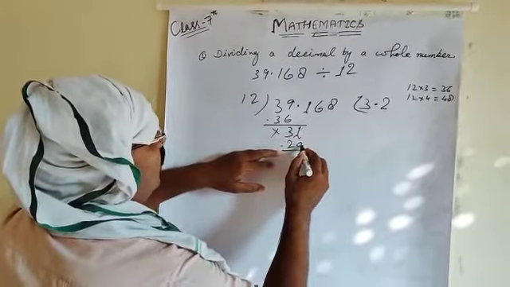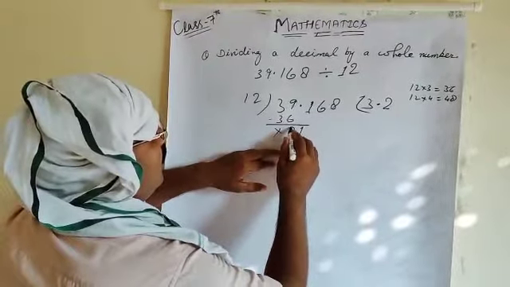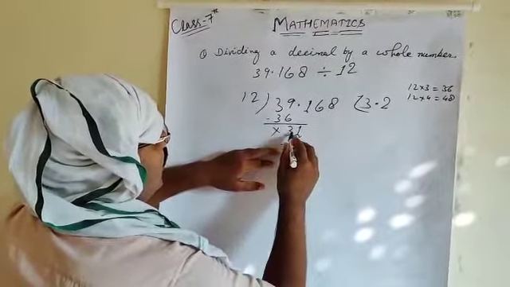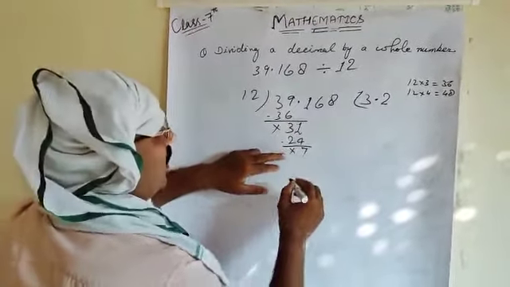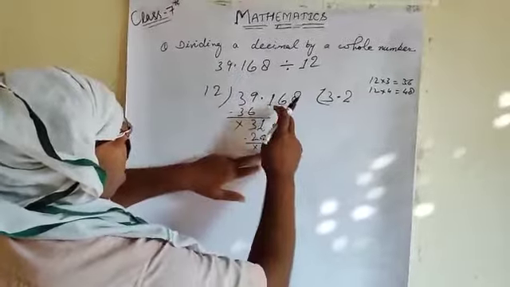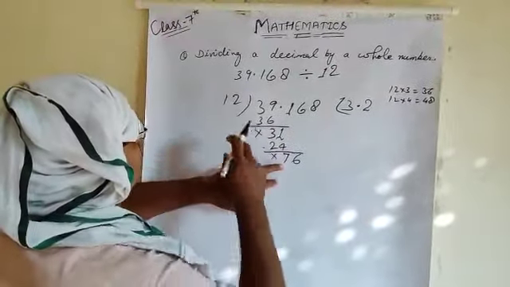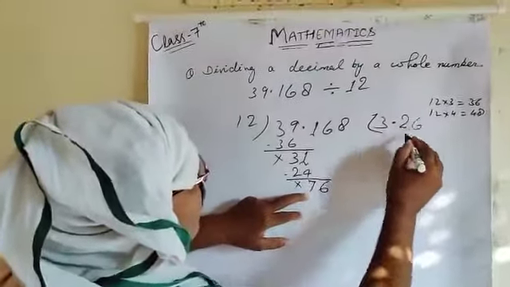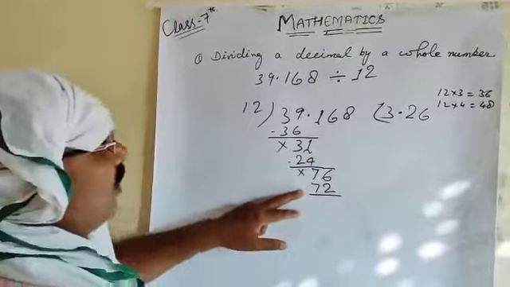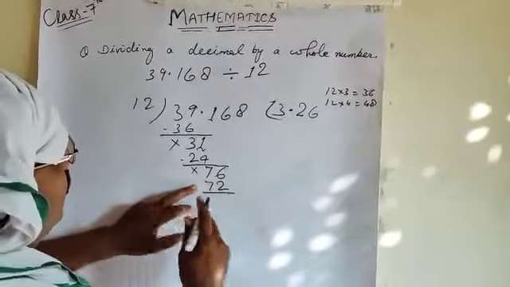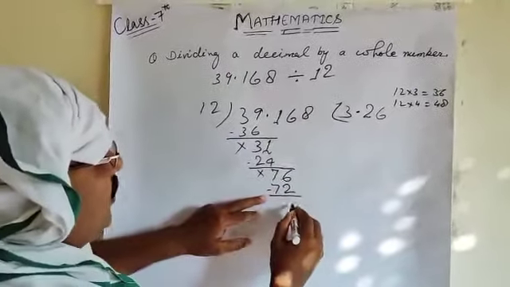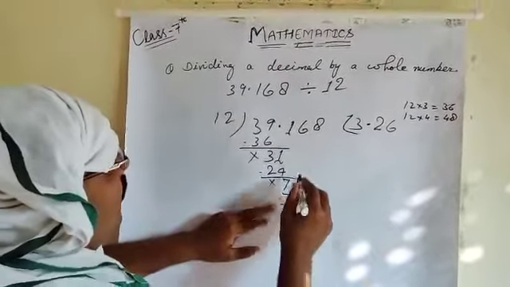1 is less than 4, so you should take a carry from 3. So it will be 11. 11 minus 4 is equal to 7. And here 2 is left, so 2 minus 2 is nothing. Now you should bring down the other number, the second decimal part, and you will read the table of 12. So 12 6s are 72 and 12 8s are 84. 84 is greater than 76, so you will take up to 6 times and you will subtract now. 6 minus 2 is equal to 4. 7 minus 7 is nothing.